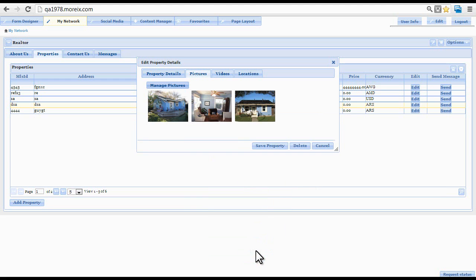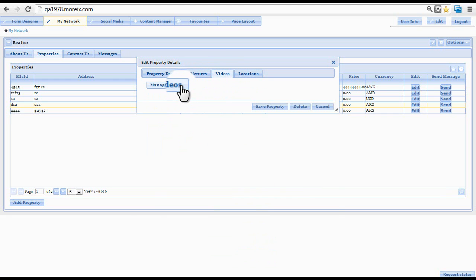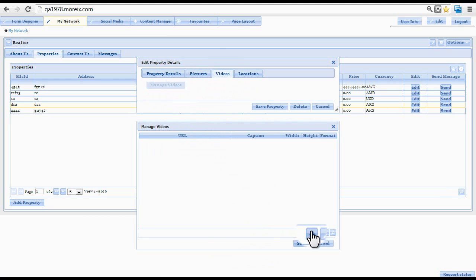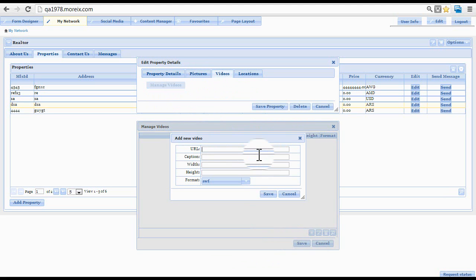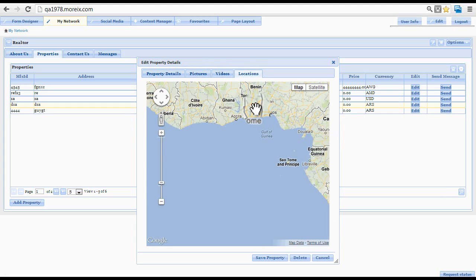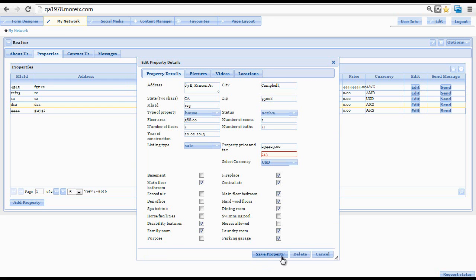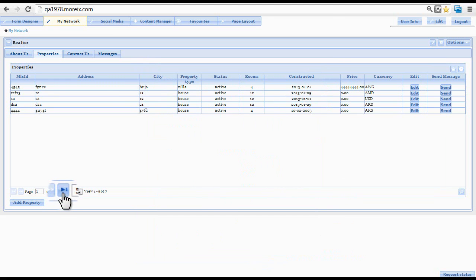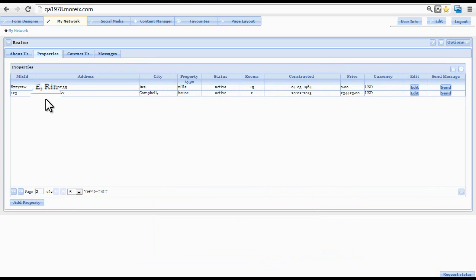Then we can also add some videos about this property by using the manage videos option. Here we can add, edit, or delete the various details about a particular video. Then there is the locations. We can spot the location of the property on Google Map. Once all the details are added, we can click on the save button to add the property to the list